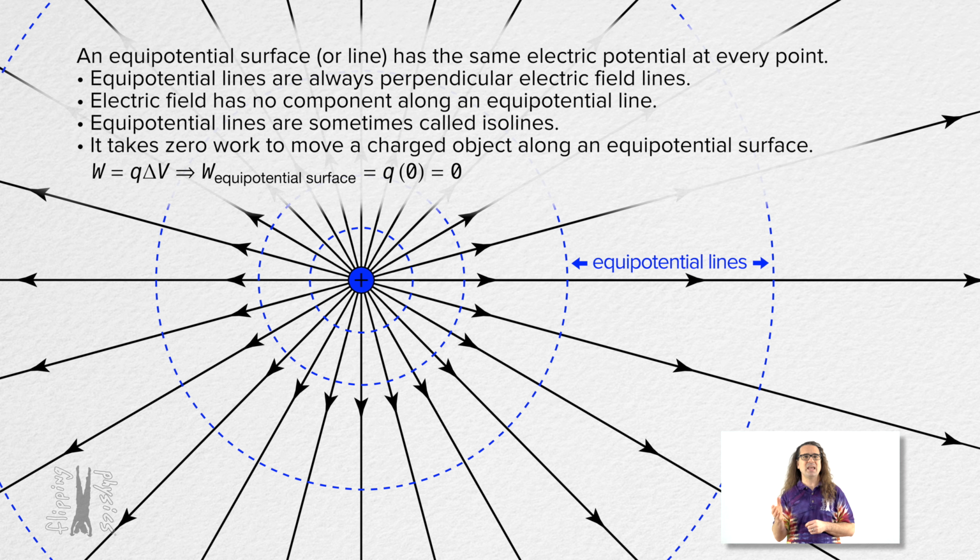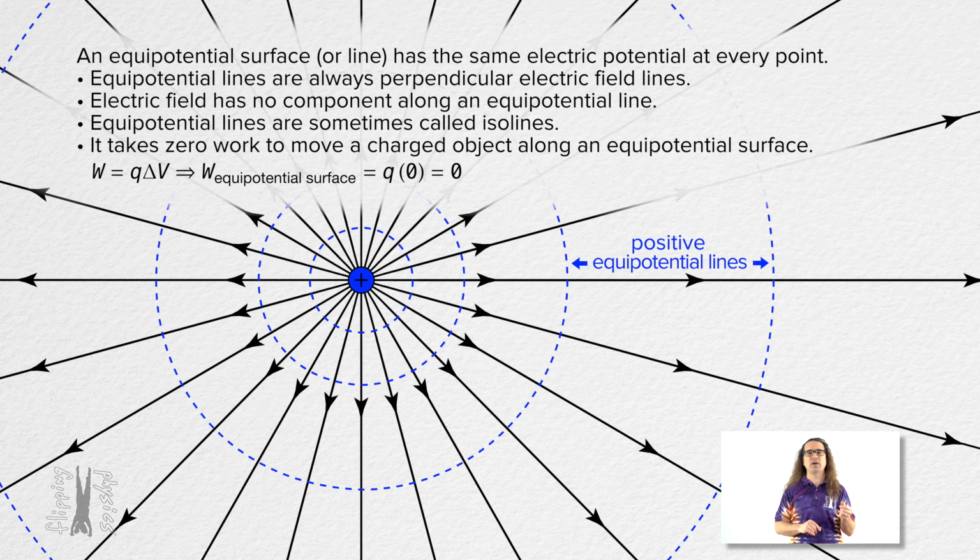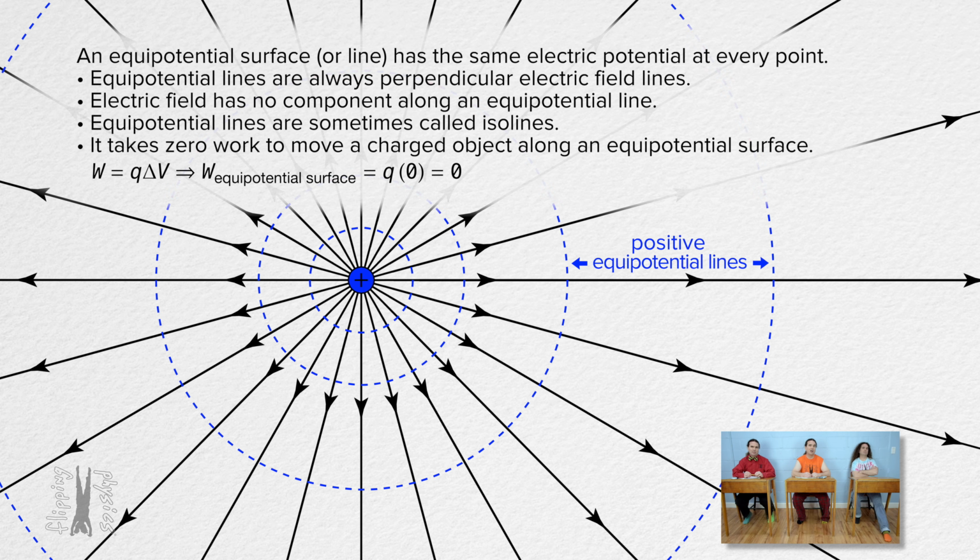And let's switch to a negative charge in red. Now, I know the electric potential lines for the negative charge look like they are identical to the ones for a positive charge. They are not identical, only very similar. The electric potential lines for the positive charge all have positive values. However, the electric potential lines for the negative charge all have negative values. So, same shape, but the positive charge has positive equipotential lines, and the negative charge has negative equipotential lines. Positive equipotential lines around a positive point charge and negative electric potential lines around a negative point charge.